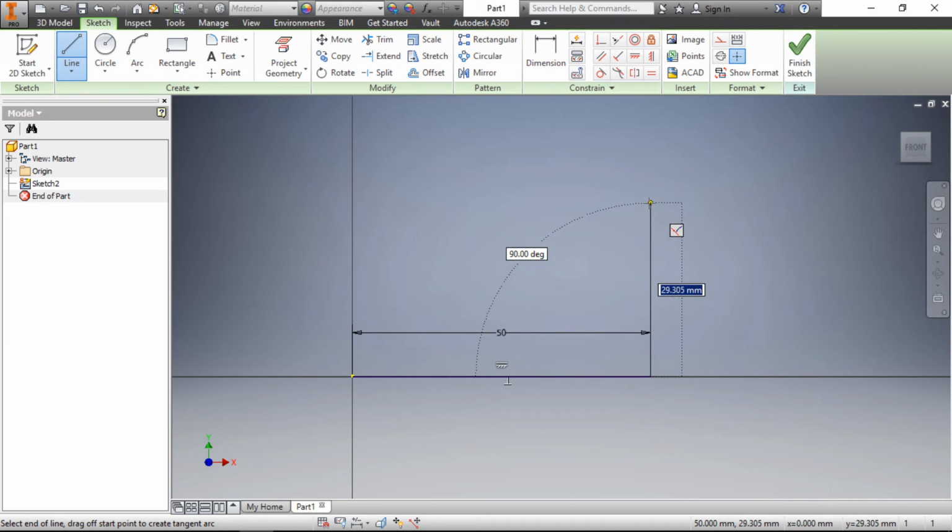Now it becomes vertical. But on the right side it shows one constraint, perpendicular. Because earlier we made one line which is horizontal, and if I want to make another line vertical with respect to the previous one, then definitely it becomes perpendicular. So write down the dimension